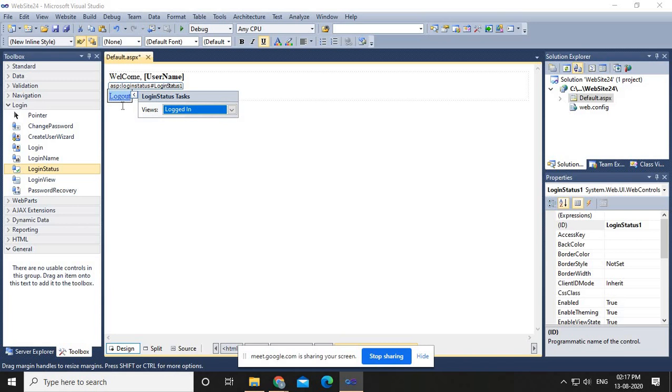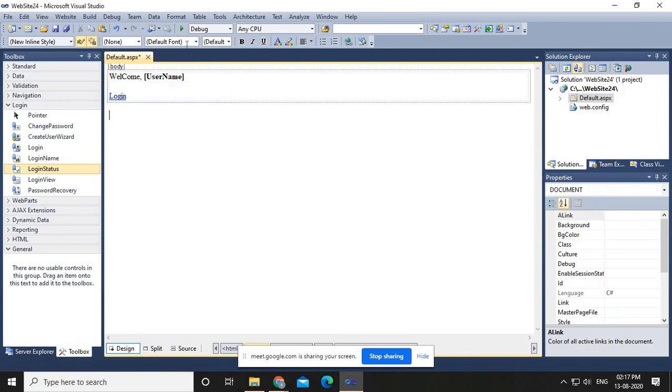So for those users we are providing a link to logout, right? When the user clicks on logout, that user's session will be expired, right? Okay, so now if you run this,